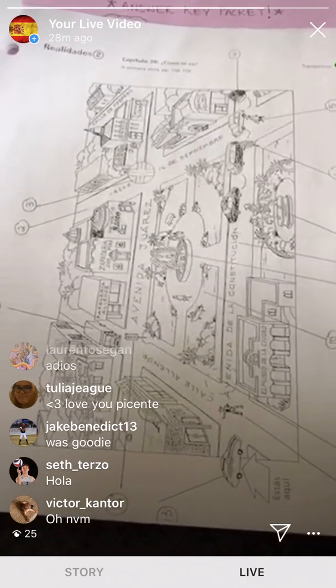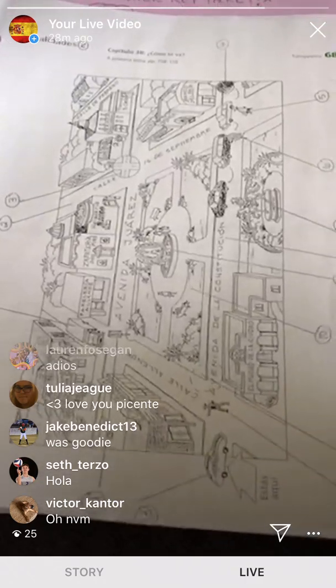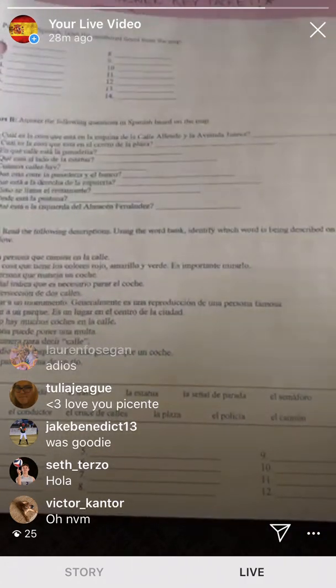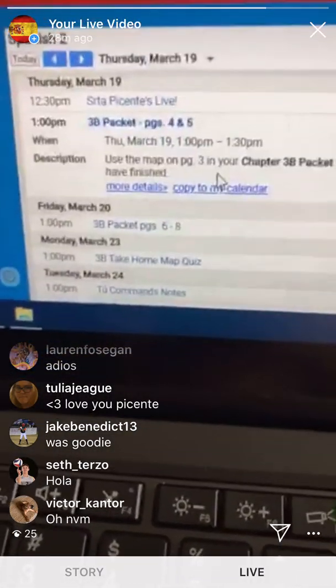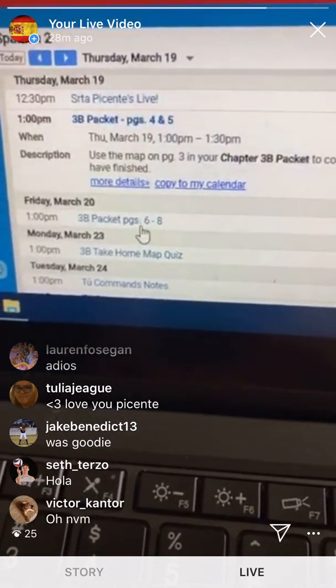So just try your best with that. Really try to do it and then check your answers with the answer key. And then if I look for the rest of the week, tomorrow you're going to do pages 6 through 8,